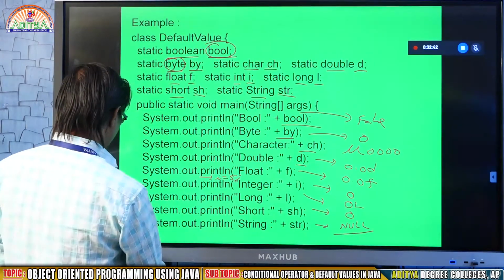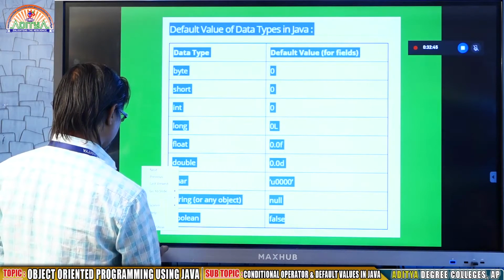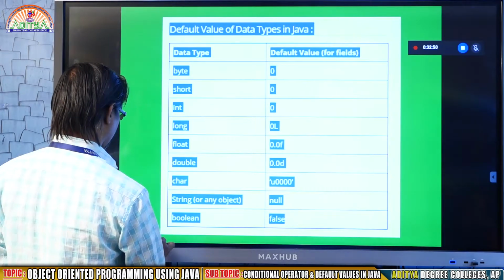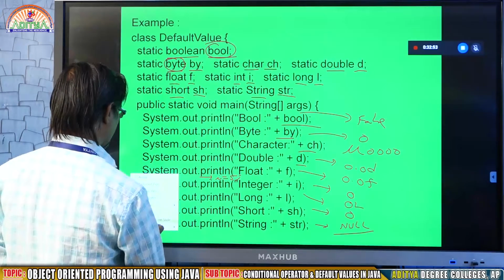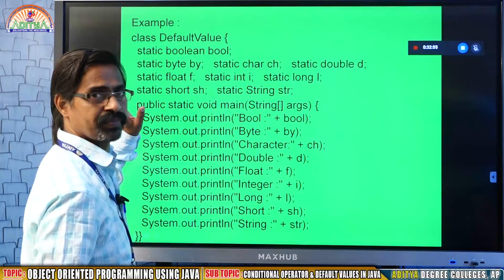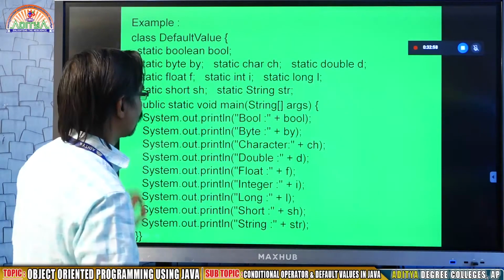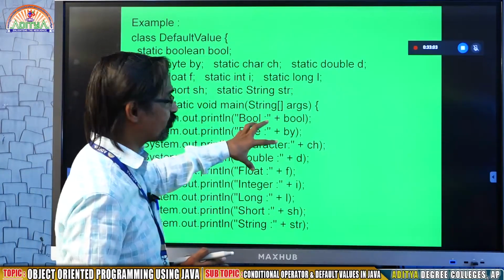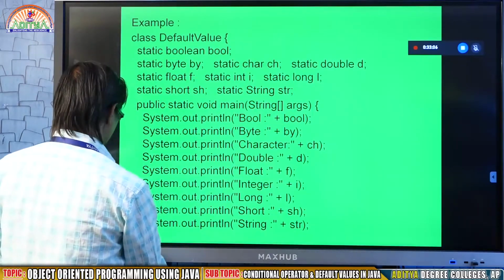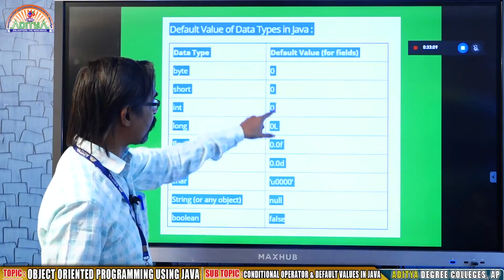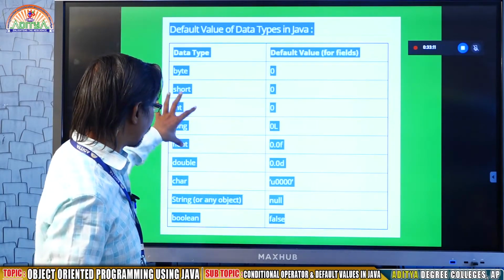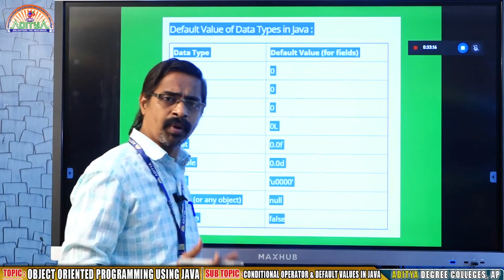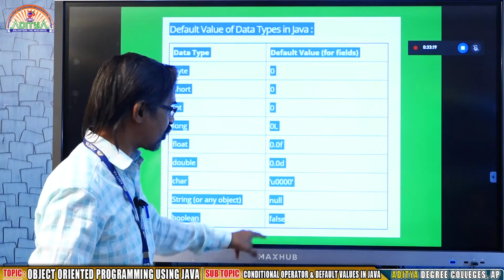At the same time, you run this program. Run this program as it is. Okay, so you will get an idea what values it is going to take by default. Basically these are the default values when we are defining a variable. If you are going to give a value, no problem. If you are not going to give a value, it will take such type of default values.